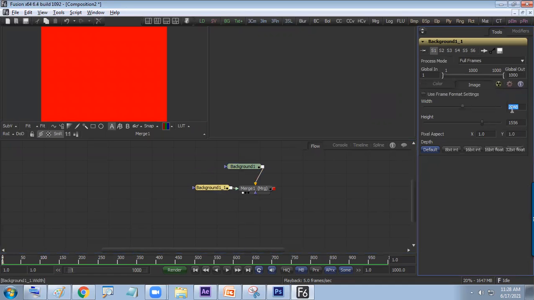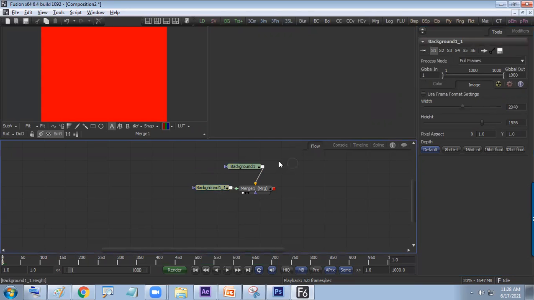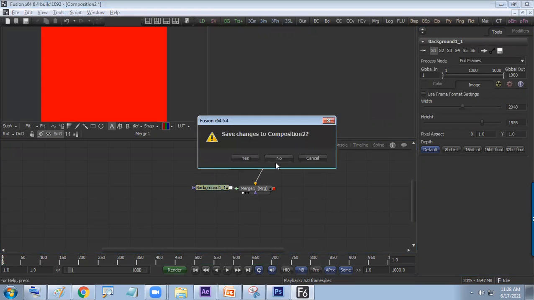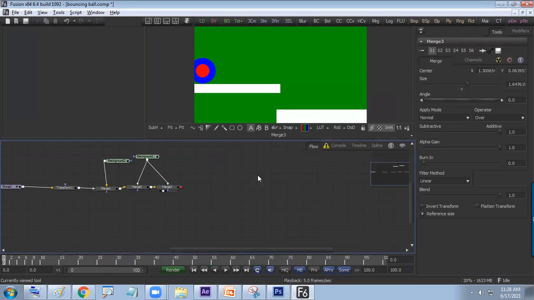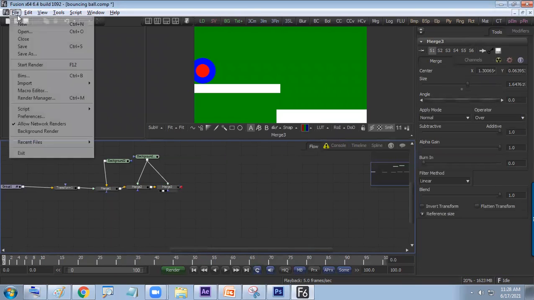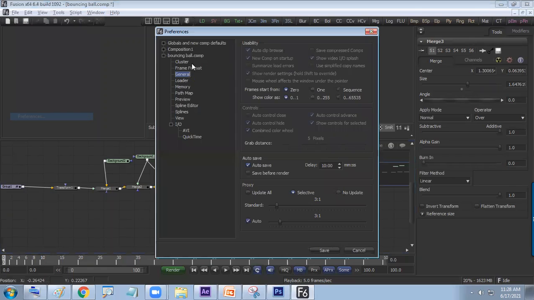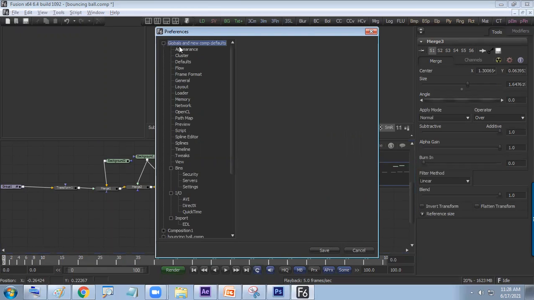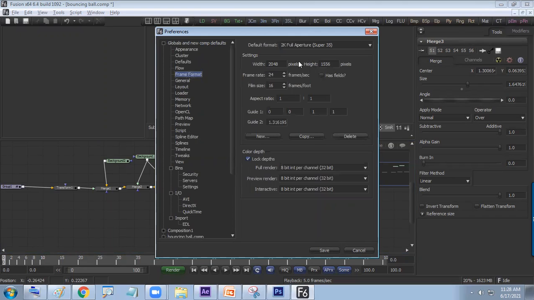So you can see it is a 2K file. The file will slow down here. So what you can do, make the composition smaller. How to make the composition smaller? Close all, switch to the file option, preferences, and change this composition setting. Default is 2K now. You can switch down to PAL D1 size or HD size, anything a little smaller so that you can work easily.